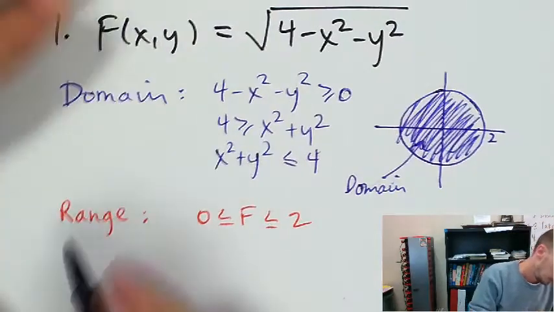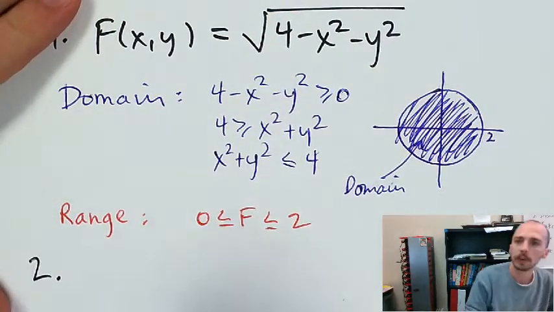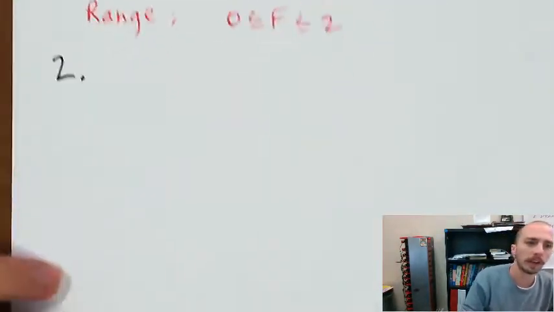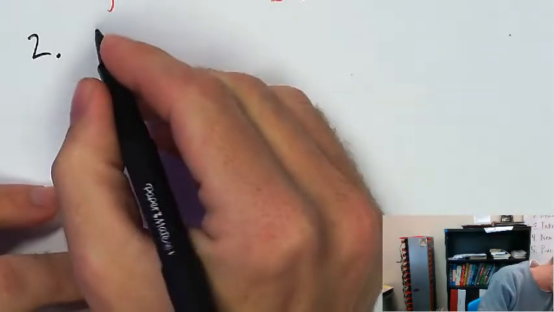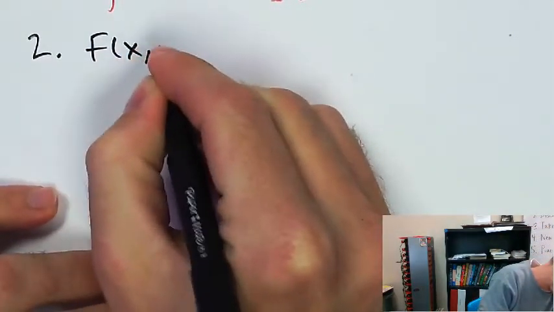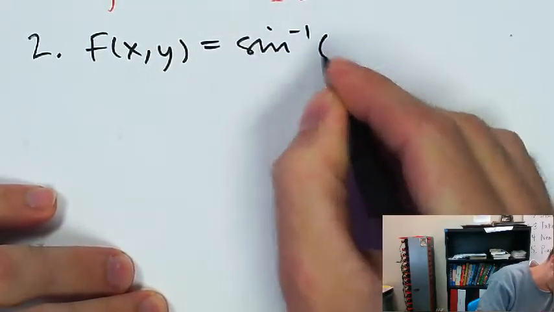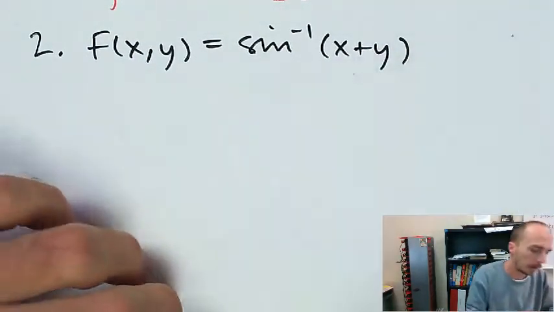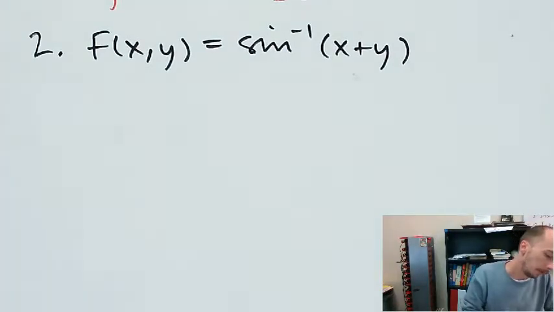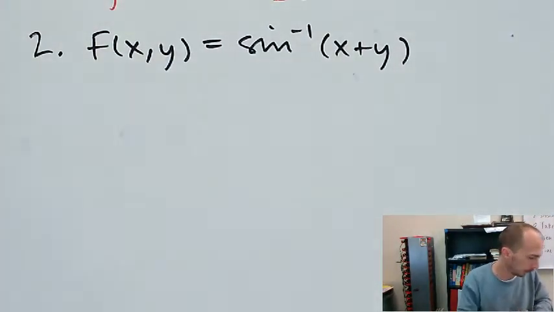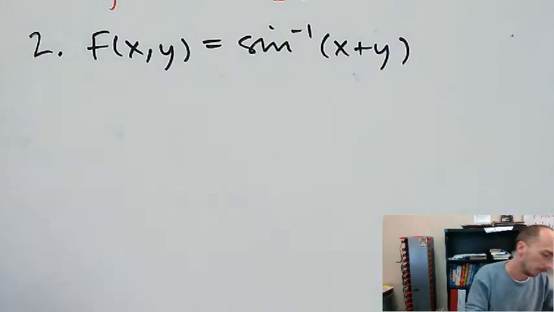The second one is arc sine of x plus y. That's nice. It's probably been a while since you thought about that. Arc sine of x plus y. All right, now, thinking about the domain,